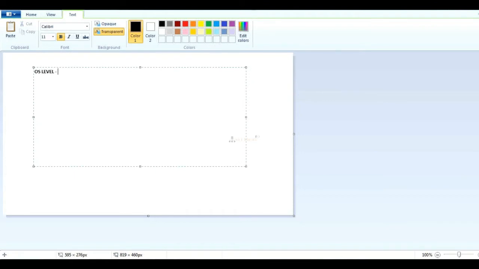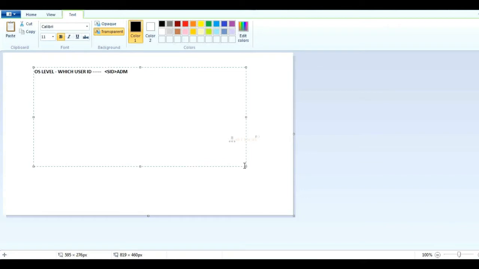Any idea? At OS level, which user ID do I need to log in? SID ADM. SID ADM is my user. With that user, I can log in at the operating system level.